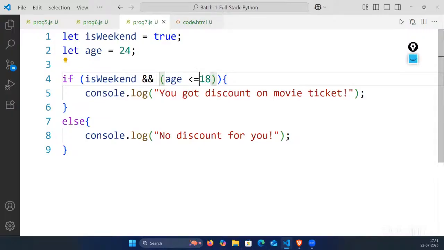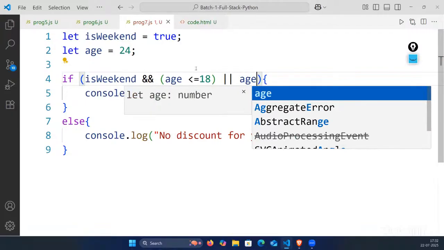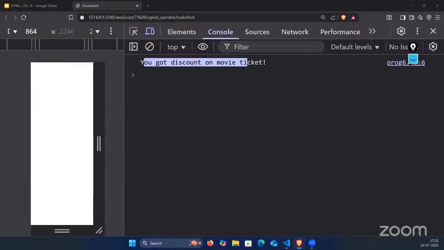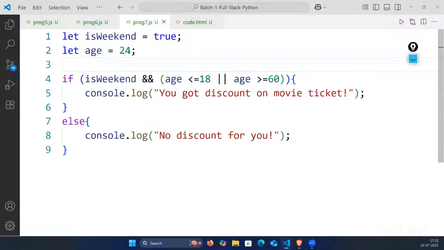Again, I will put one more condition with or: your age is greater than or equal to, let's say, 16. Fine. Let me first check the output. You got the discount. Okay, fine. It's working. If I change it,